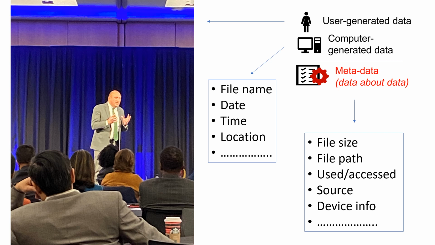So a friend of mine took this picture of me speaking at a conference. It was very nice. They provided me via text the image. So the user generated data in this perspective is the actual image itself, right? Now the computer generated data is what the phone generates. So for example, the file name,